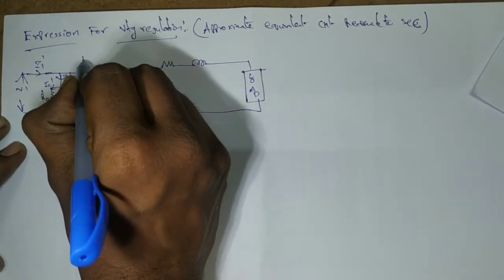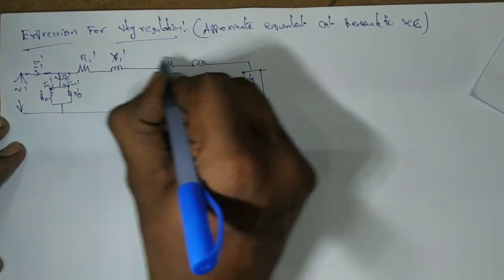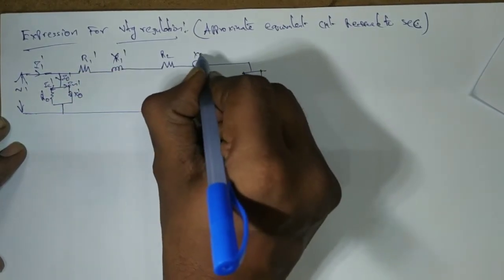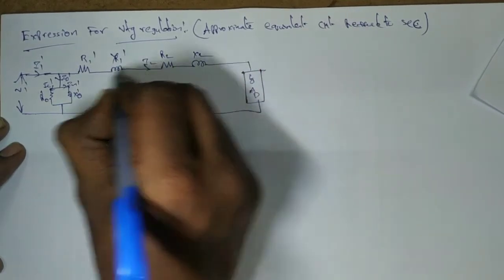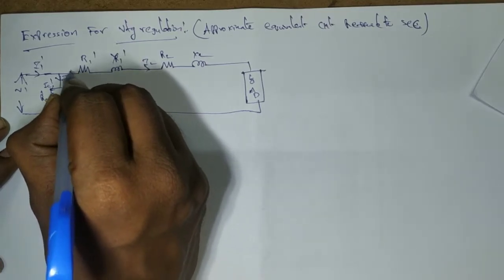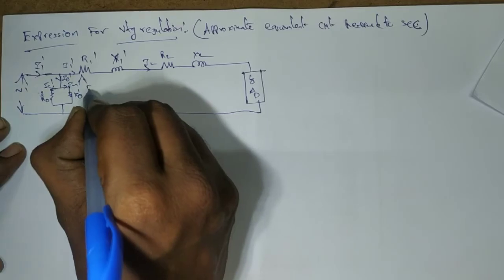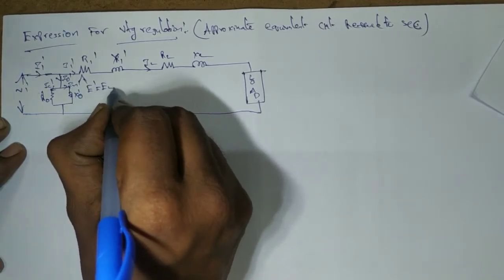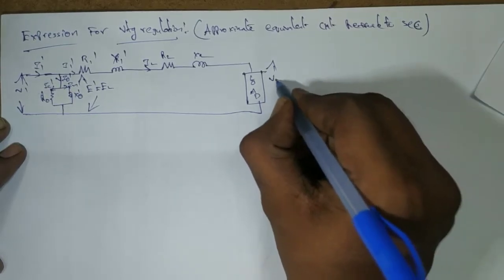So all the details will be common. So it will be equal to R1 dash, R2 dash. So current will be I2, which is nothing but I1 dash. And other branch impedances will be R2, X2. And voltage across no load will be equal to E1 dash, or nothing but E2. And voltage across load is V2.